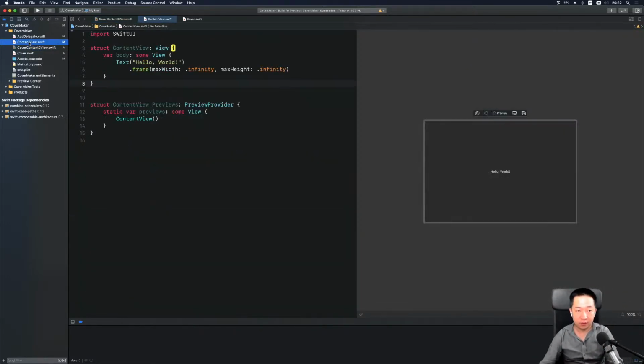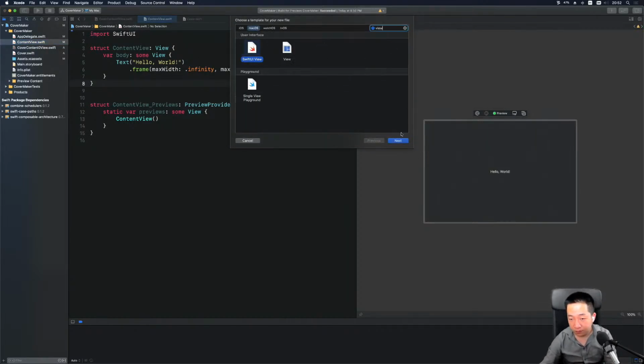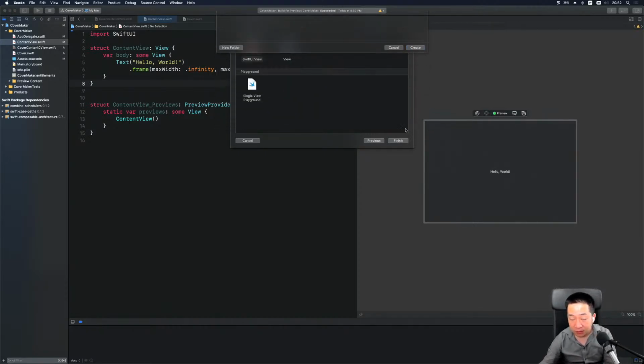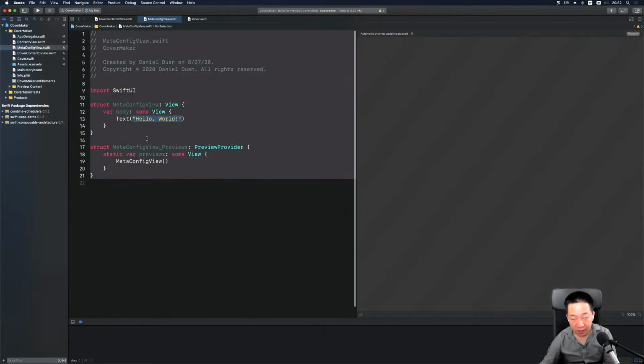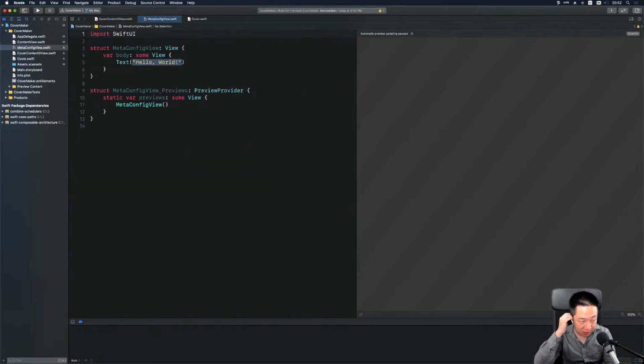Let's just, I don't care about the name that much. So this is a meta config view or something like that. Okay, and this guy is gonna have